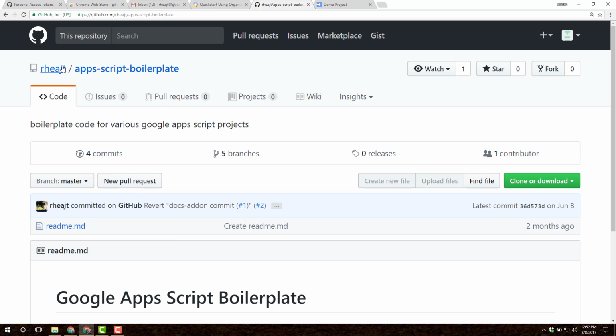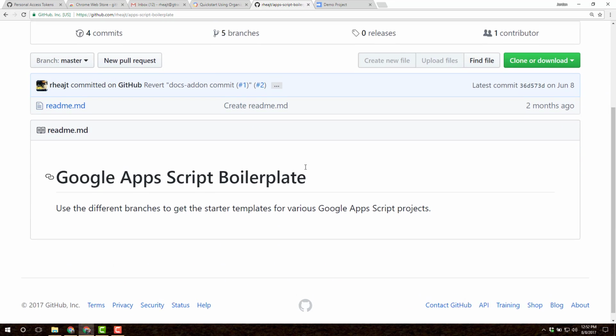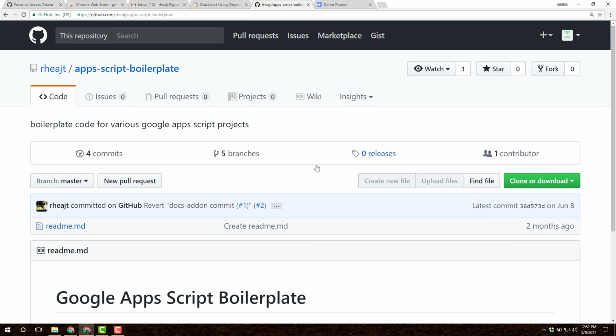I've created on my actual GitHub account, my RayJT account, an AppScript boilerplate repository. This really is just to help me get started with little projects. When I'm creating a simple little add-on or a simple web app, I already have some boilerplate code created for me. So what I'm going to do is fork this repository,